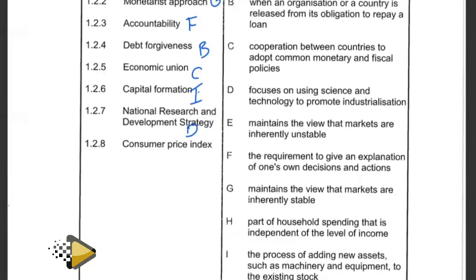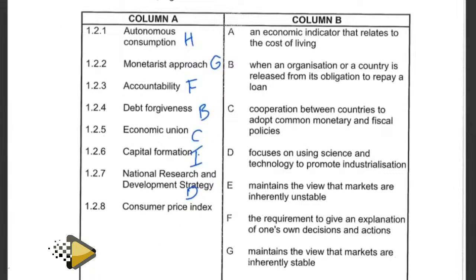Okay, grade 12, moving on to the next question, we have 1.2.8, which reads as follows: consumer price index. The appropriate answer for consumer price index is going to be A, that reads an economic indicator that relates to the cost of living. Why are we saying it does